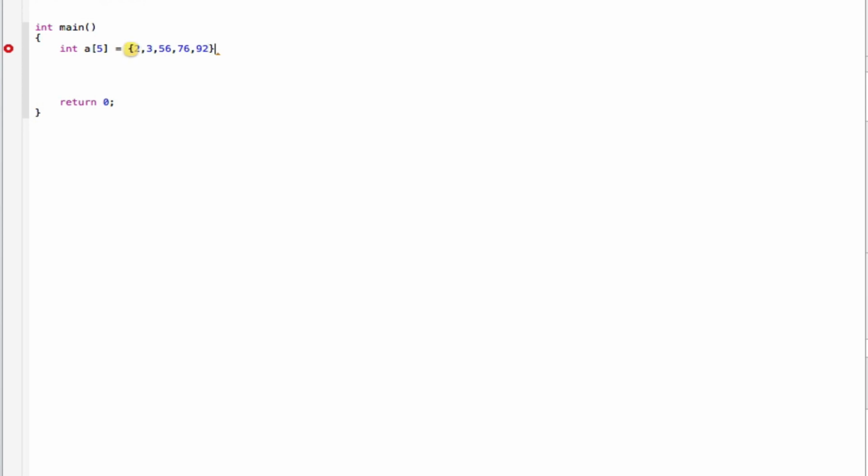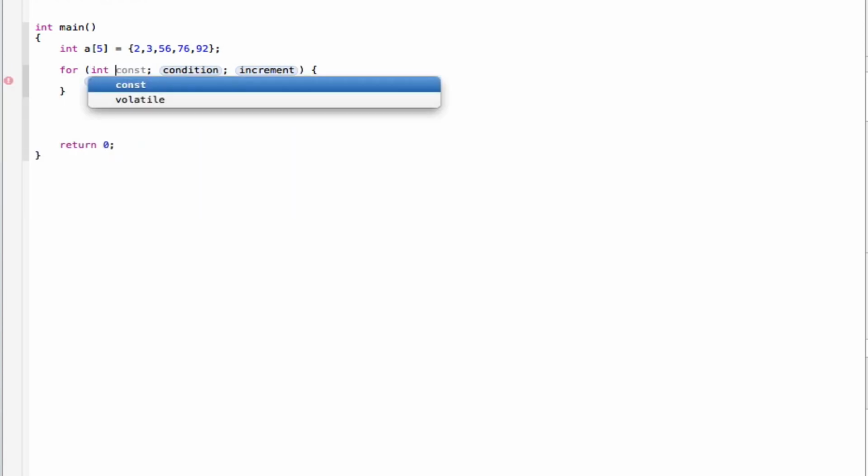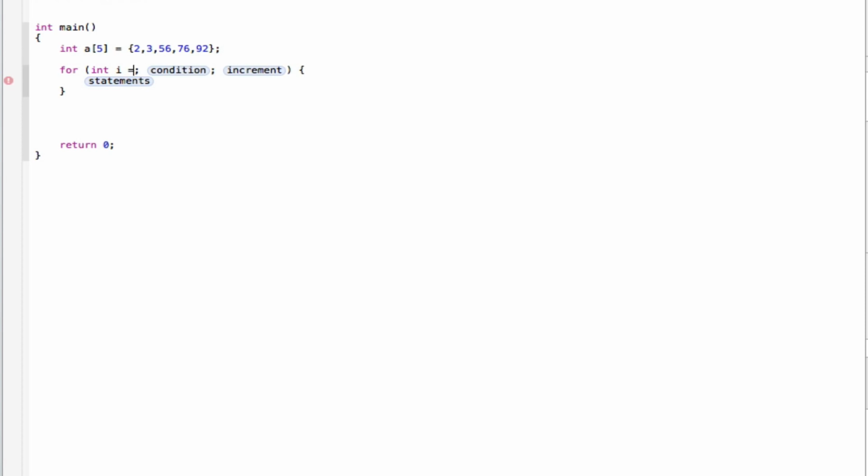Now I need a for statement. Yes, initialize int I equals 0. Your condition is I is less than 5. And you can increment it once, or just increment it. Then your statement,